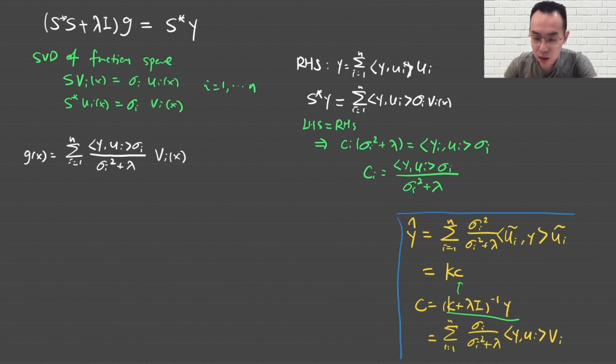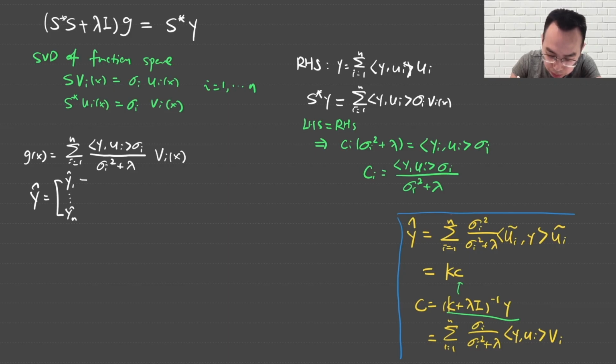Now, using the coefficient ci, I'm writing out the function g as the coefficient times the eigenfunction vi of x. To obtain y hat, our predicted value, our fitted value at the evaluation points from y1 to yn,